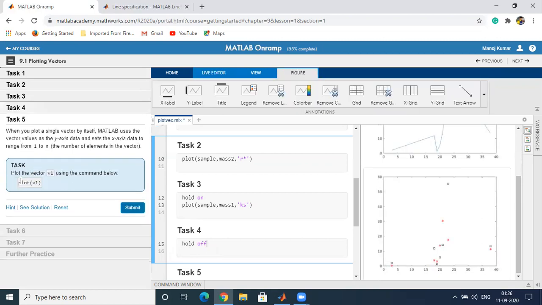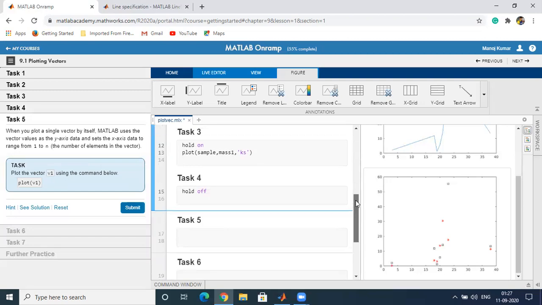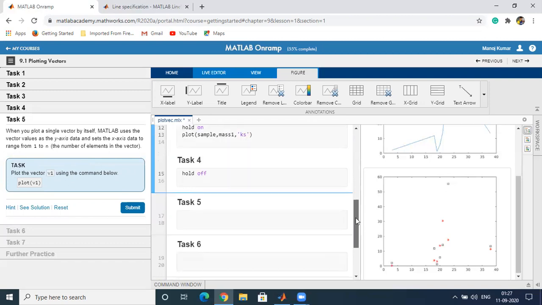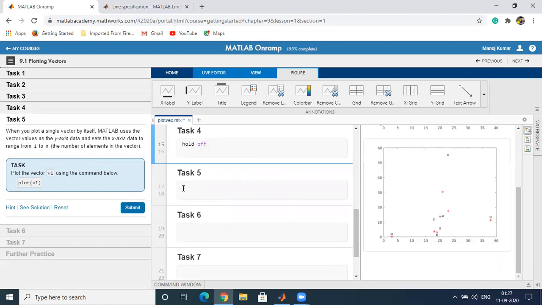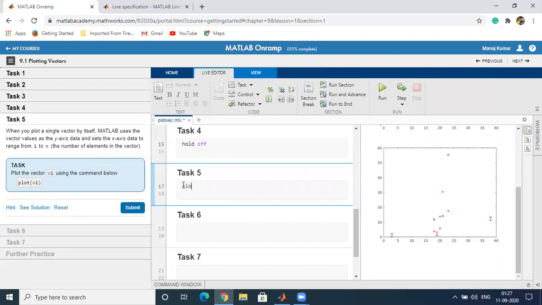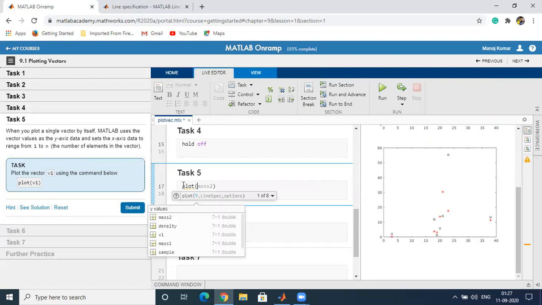Next, when you plot a single vector by itself, MATLAB uses the vector values as the y-axis and sets the x-axis data from 1 to n. So if v1 is a vector, which was the third column, and we want to plot it, then for the x-axis MATLAB automatically takes values and plots against v1.